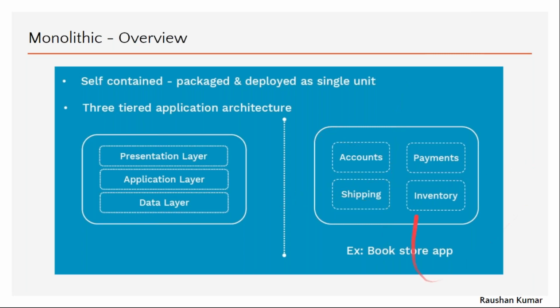Let's split this and make it a separate entity. Account separate, payment separate, inventory separate, and shipping separate. Just divide this monolith into microservices. Make it 4 microservices. And I do not want any module code